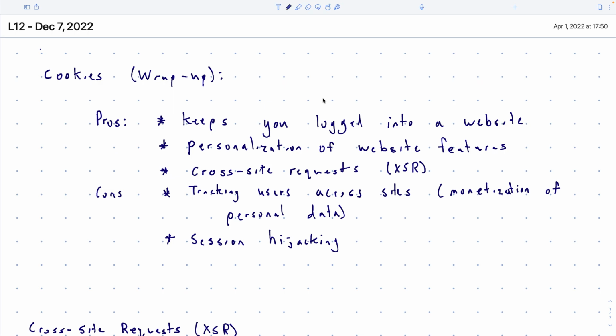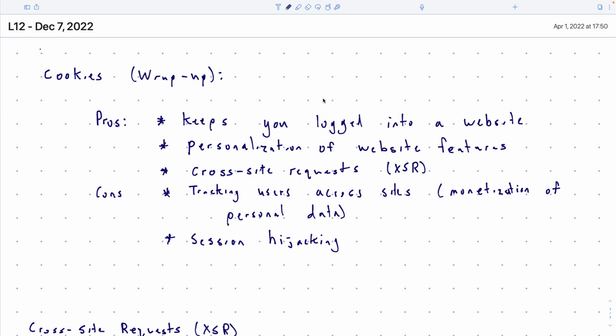Today, we'll talk about something called cross-site requests. This is also a feature that uses cookies, basically. It wouldn't work if you didn't have cookies. They're either good or bad. Generally, they're good. There is an attack called cross-site request forgery that's bad that we'll also talk about. But generally, it's considered a feature as opposed to a bug.